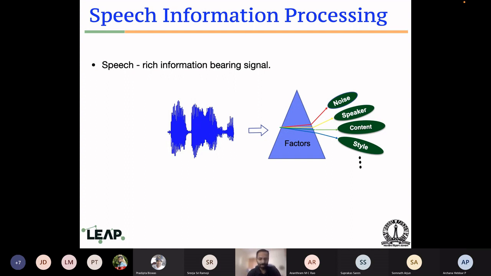And then, of course, my style: maybe I'm giving it in a talk mode, versus reading it out of a script, or versus when I'm conversing with somebody else. So all these information characteristics are embedded. Now, the job of the machine or any automatic system, what we people are doing pretty